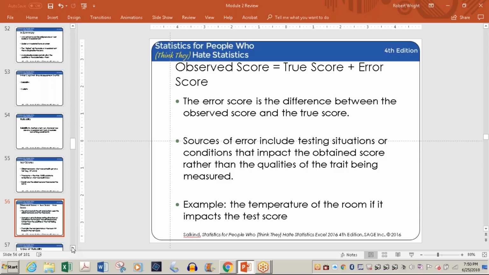And if you look, at least in my version of the Salkind book, he shows a graph that shows the difference. He has one point that shows the true score, and one point that shows the observed score. And of course, the true score is higher, and he has a little line going between the two, and that shows the error score. Depending on what you're studying, you might need to demonstrate that in your findings. For the purpose of this course, you do not.